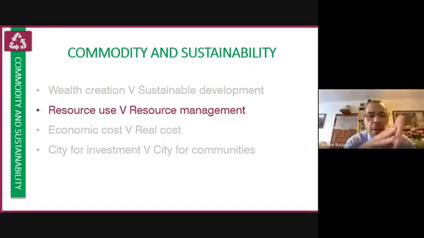On the one hand, corporations and decision makers are interested, under the guise of regeneration, in capital generation, wealth generation, but that wealth very rarely trickles down to the community, and most of it goes to the people who control the capital. Again, next slide, please.